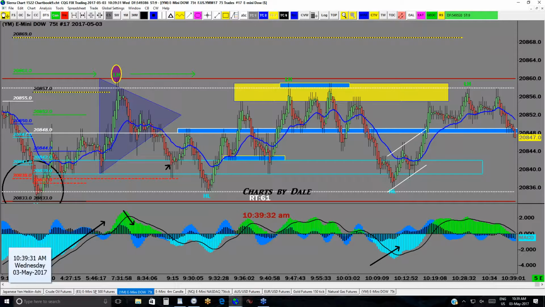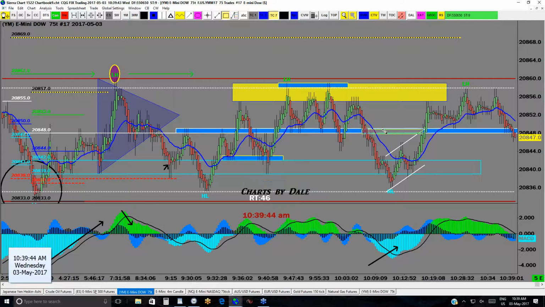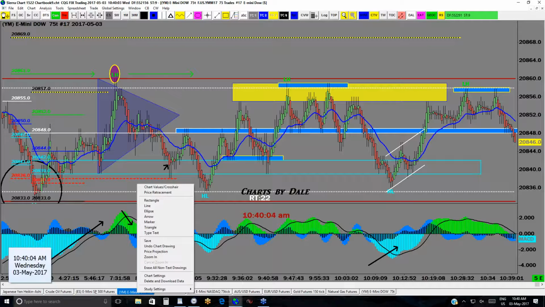All right, let's come back here to your YM real quick. YM making another lower high up here. Just can't seem to break out of that tight sideways range in here. So that comes in like that. So a lower high, so we need a low, and we'll see if we can get another higher low or not. But the thing here is, you can't see the pointer today for some reason. I use the